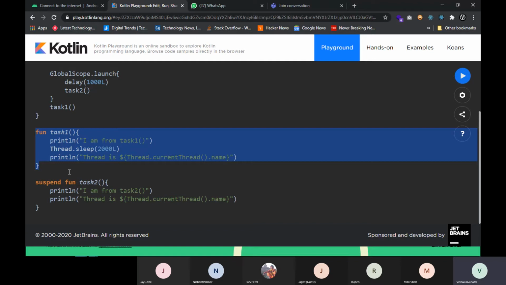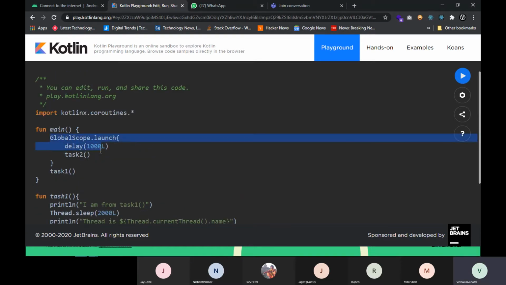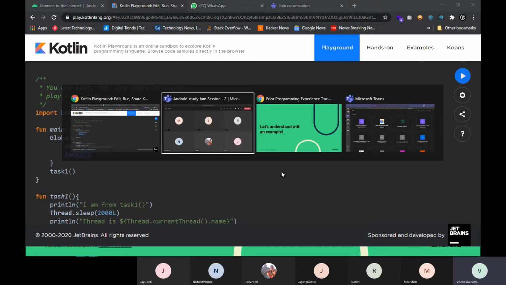In any programming language, we define a function simply as it is. Especially in Kotlin, when you want to use coroutines for the parallel execution of particular code, then if you are using a function, you have to specify the function with the keyword suspend, and such functions are also known as suspend functions. And you have to use this syntax, that is GlobalScope.launch, and inside this scope you have to call this function in order to get it executed.